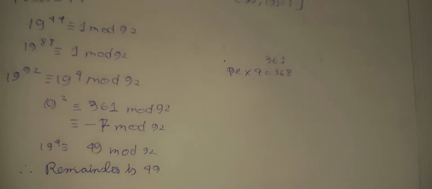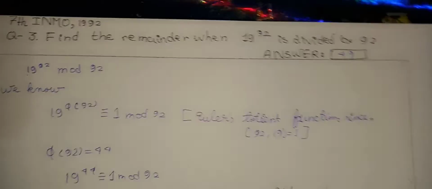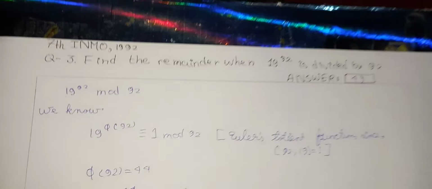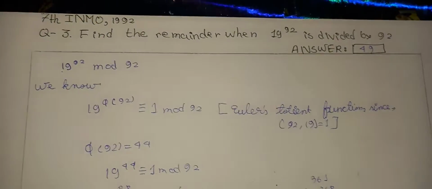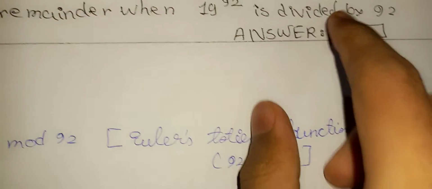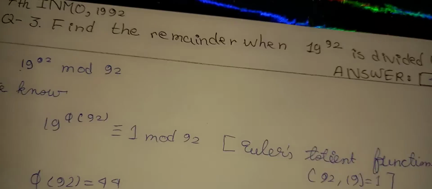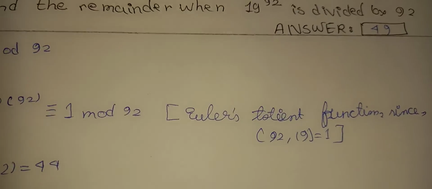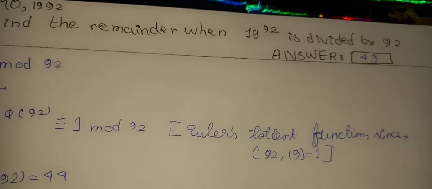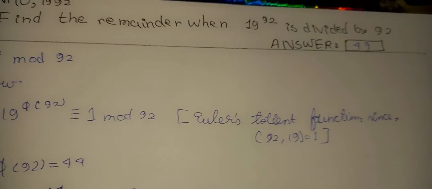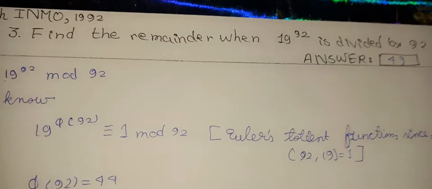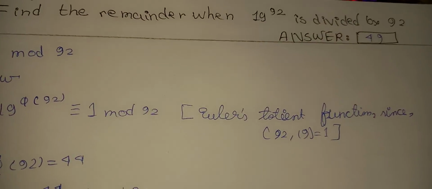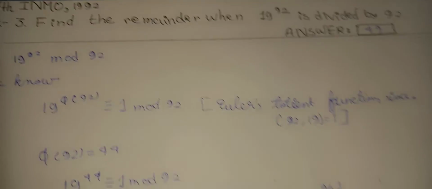Before I end the video, I will suggest another way of solving, which is known as the Chinese remainder theorem. It's a wonderful theorem that lets us solve this kind of question. There, we divide 92 into 4 and 23 and then find the values of 19 to the power 92 mod 4 and 19 to the power 92 mod 23, and we would get remainders R1 and R2. Then you use CRT, the Chinese remainder theorem, to get the value. I will post the Wikipedia links on the Chinese remainder theorem and Euler's totient function.